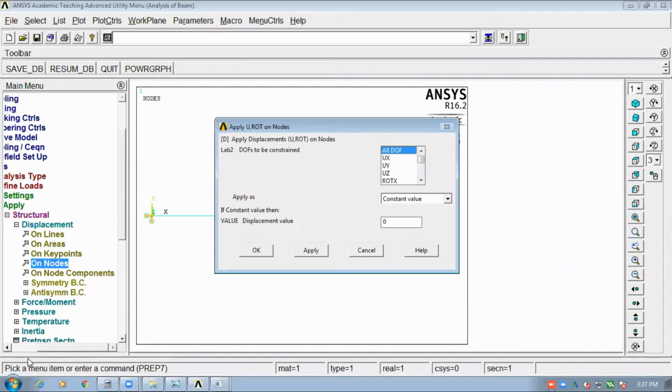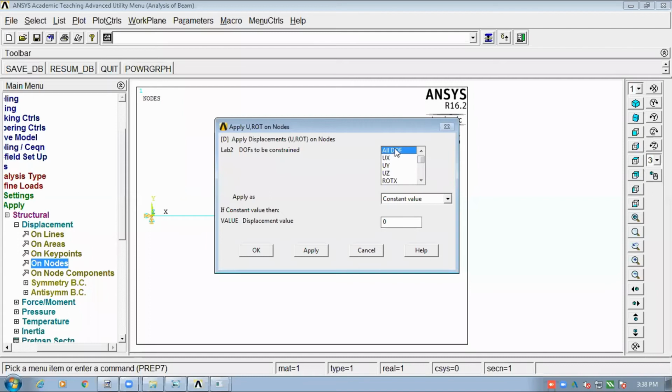When I say OK, again it will ask which degrees of freedom you need to constrain. Now it's a roller. A roller can only move in the X direction. It can't move in the Y direction. So you need to constrain in the Y direction, which means you should select UY.